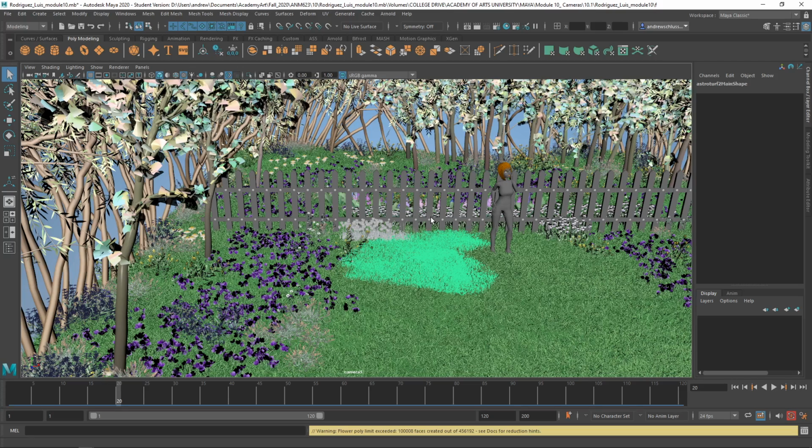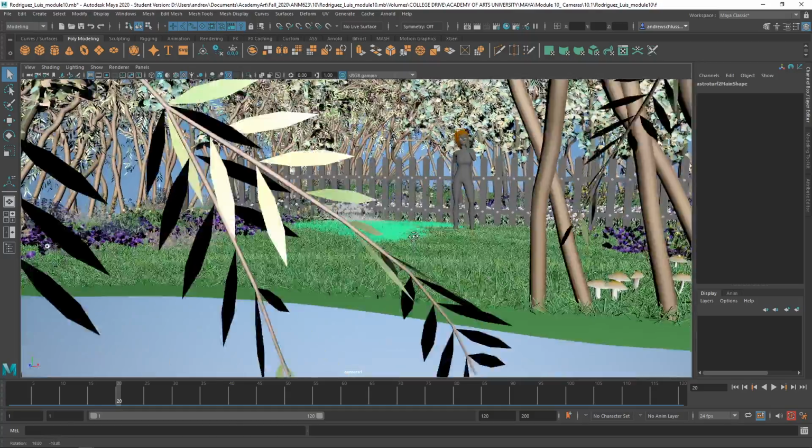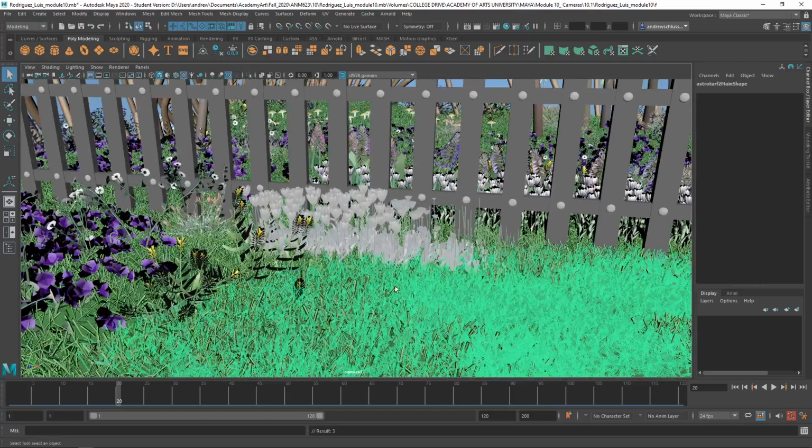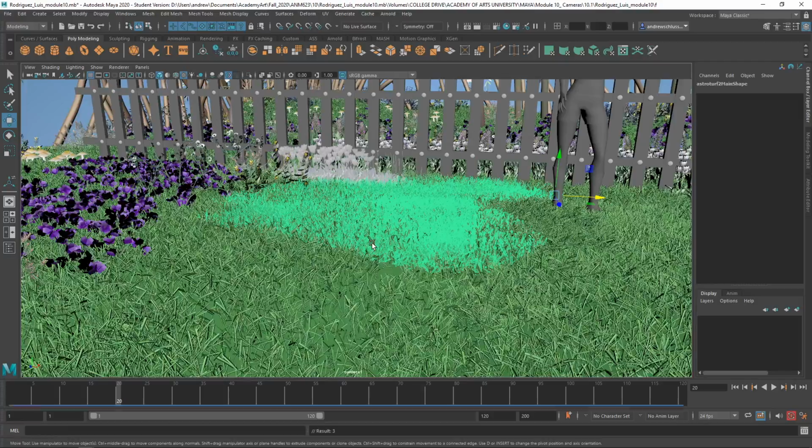And like I said, the hardware render might look good, but the Arnold render is not going to work at all. So I think you want to rely more on textures than on all these paint effects. Judiciously add some paint effects here and there, and then convert them to polygons. Let's see what's happening. So it looks like I did get a fair amount of grass here as geometry,